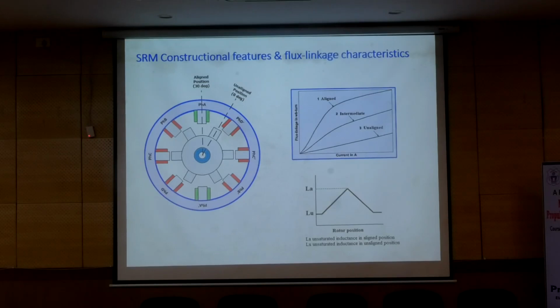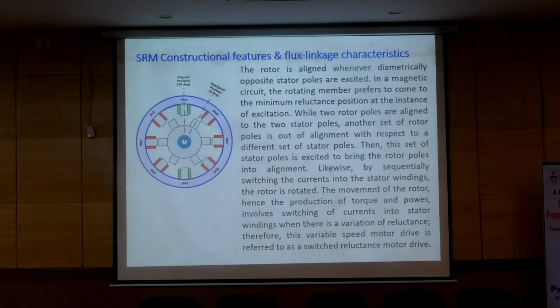So that means this is how the inductance profile changes from the unaligned to the aligned position. Here you see this rotor is aligned when diametrically opposite stator poles are excited. If you look at these aligned poles, whenever the rotor pole is aligned and the diametrically opposite stator poles are excited in a magnetic circuit,